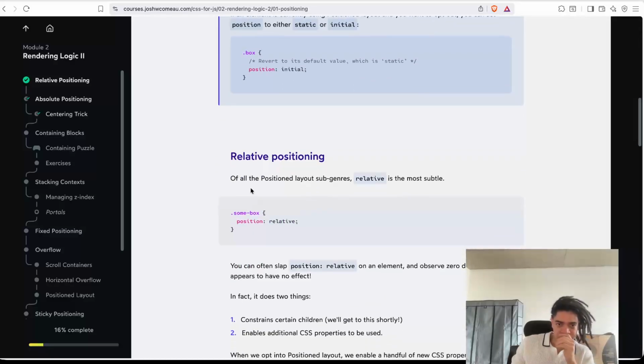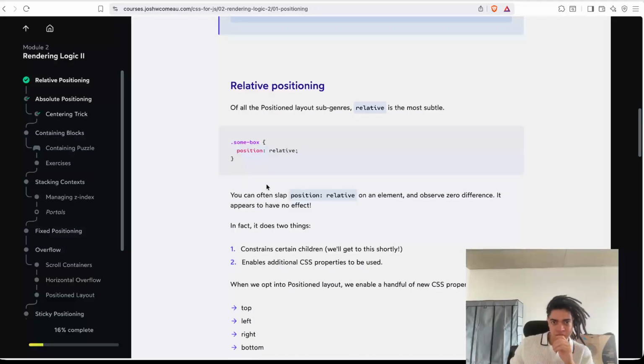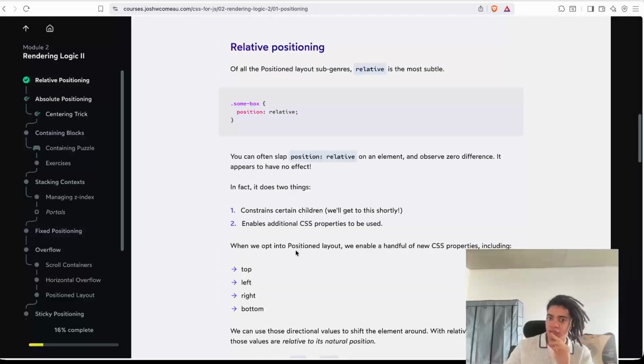Relative positioning. Of all position layout subgenres, relative is the most subtle. So you can often slap position relative on an element and observe zero difference. It appears to have no effect, and in fact is just too thin. It constrains certain children's elements, and you will get this shortly, and enables additional CSS property to be used. When we opt into position layout, we enable a handful of CSS properties, whether it's relative, absolute,